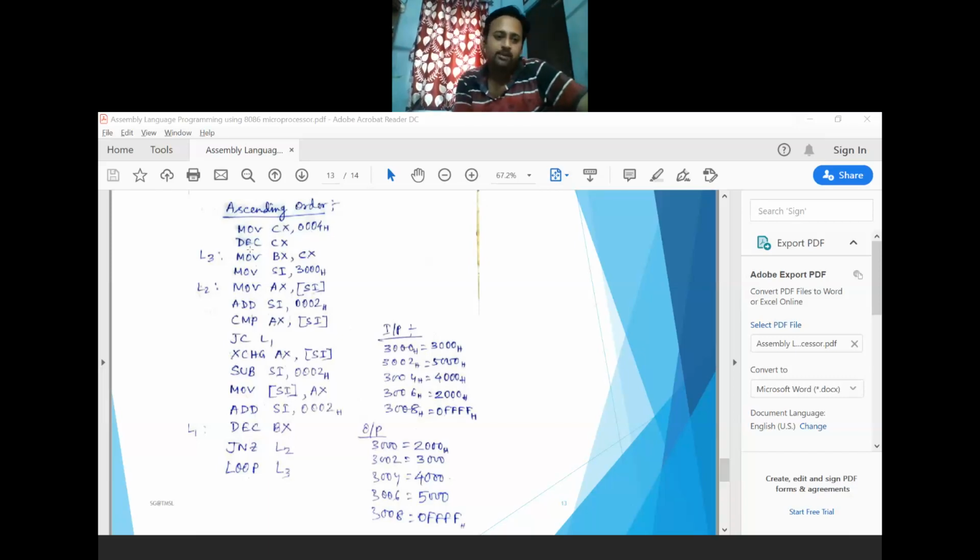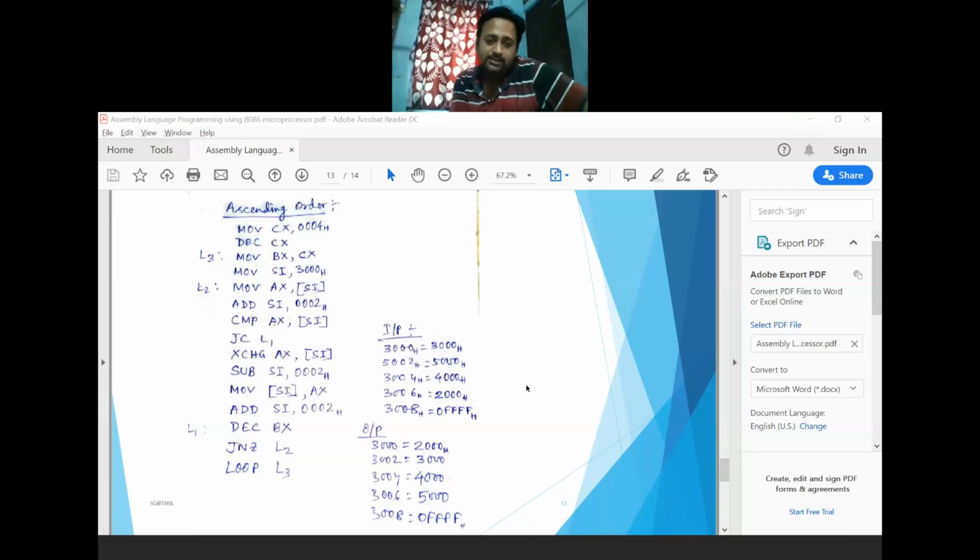Everything else will be the same. Decrement CX. So I have 5 data bytes through which I can implement the ascending order formation. So 5 data bytes will be present in ascending order.